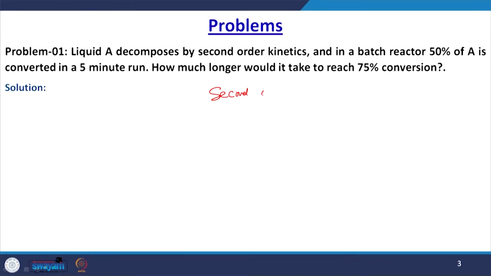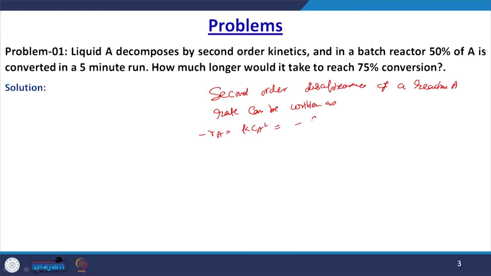of a reactant A. Now the rate can be written as minus Ra is equal to k CA squared, that is equal to minus dCA upon dt. Or minus dCA upon dt is equal to k CA squared. Now on rearranging